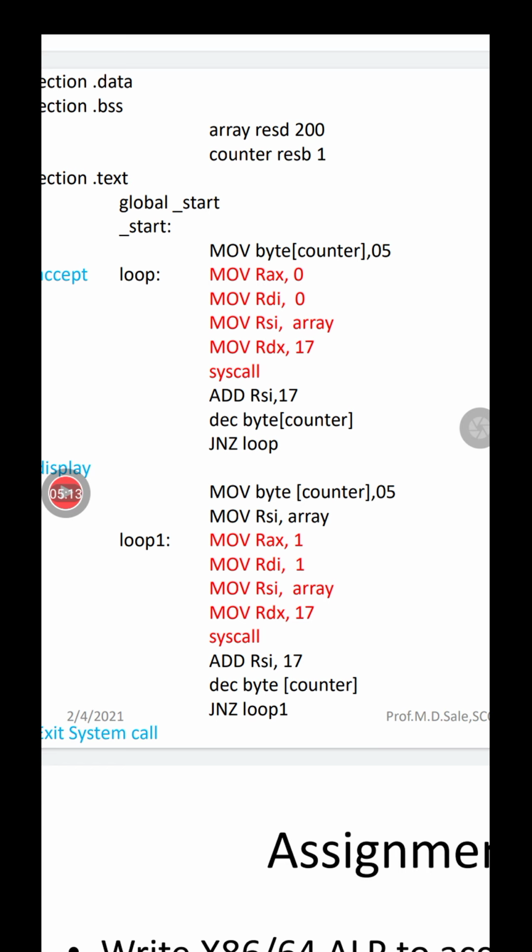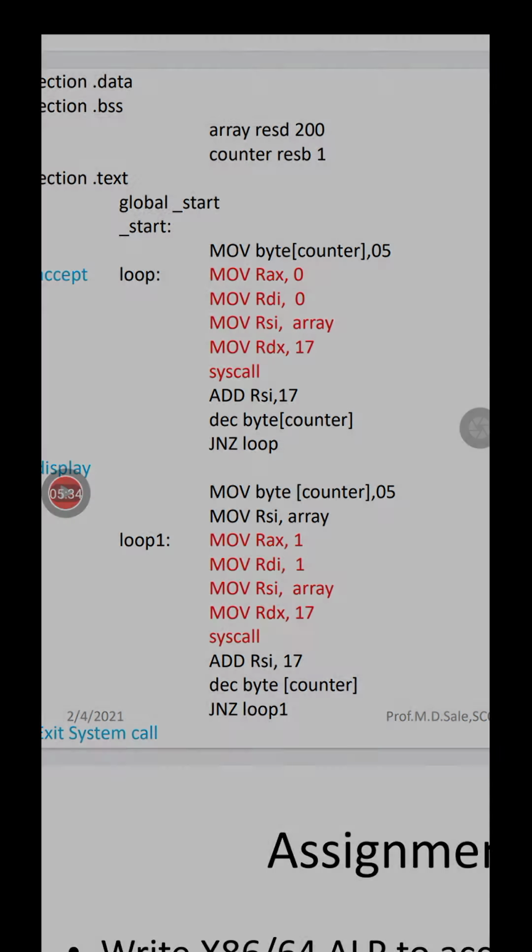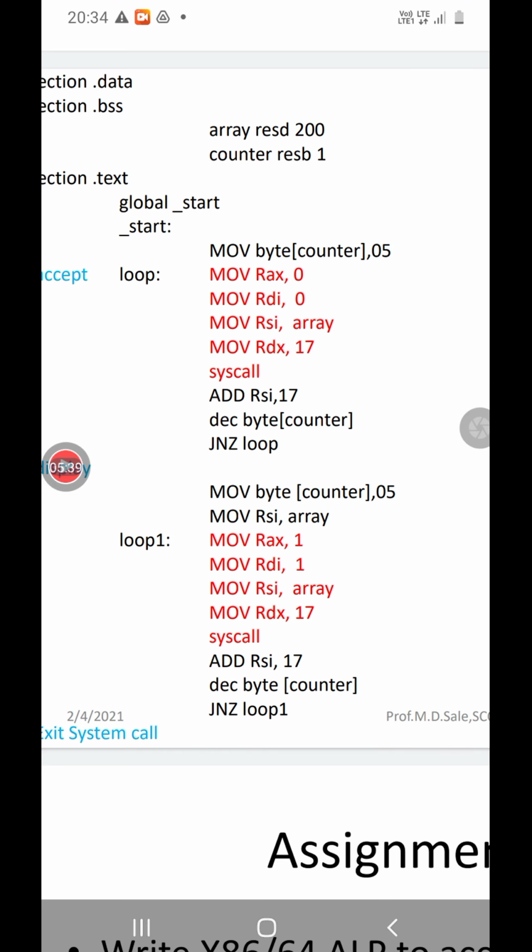Likewise we are entering the 16 digits from the keyboard. Whenever you are entering any digit from the keyboard, say if you are entering 1, this 1 is stored inside as an ASCII value. The ASCII value of 1 is 31H. So how is this stored in the array? This one is stored in the array as 31H. That means for every digit you require a single byte to store in the array. So for 16 digits we require 16 bytes for storing in the array.